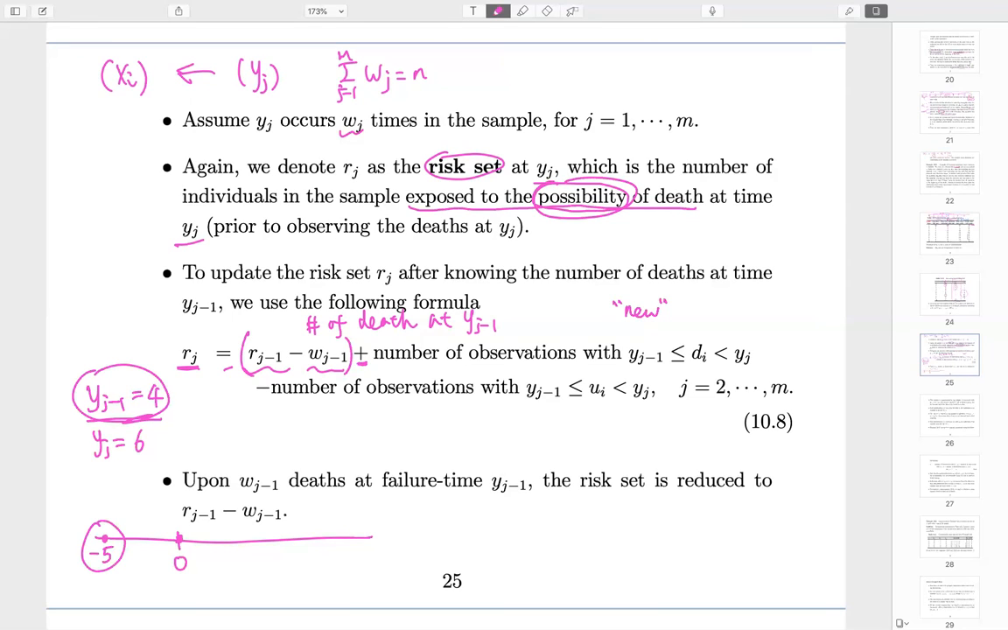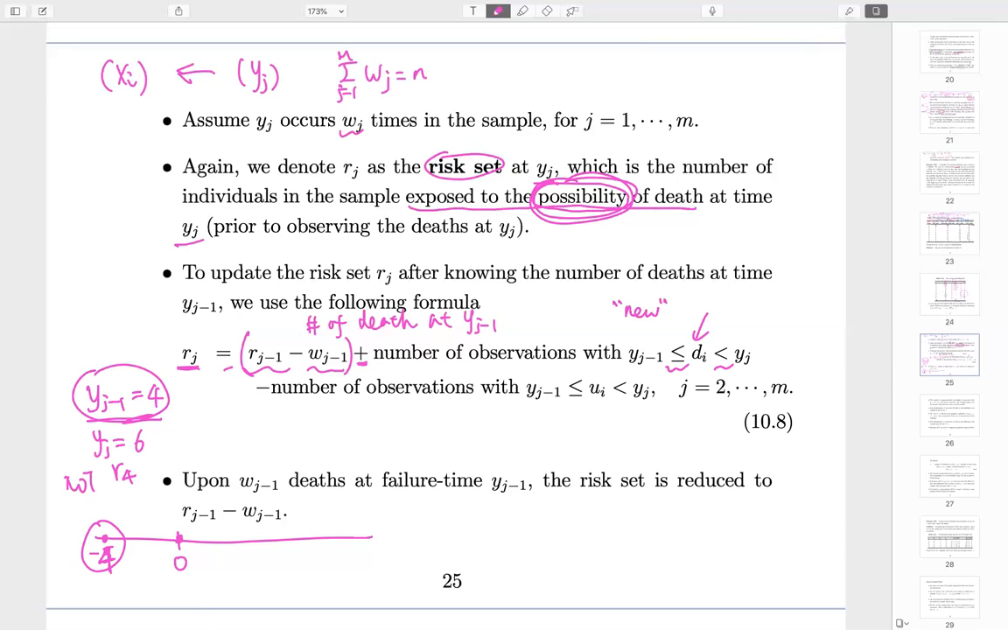This person is not included in R4. That's because there's no possibility for him to die within 4 weeks, right? That's very clear. But it's possible that he would die within 6 weeks. So he's exposed to the possibility of death at time 6, but not 4. So we need to add those back. Okay. So be careful with the inequality sign. Even if this is exactly 4,